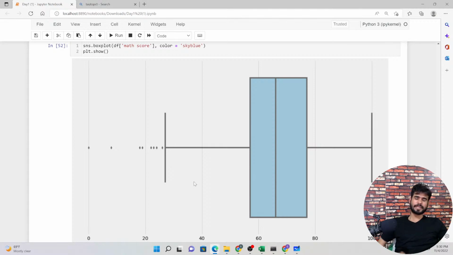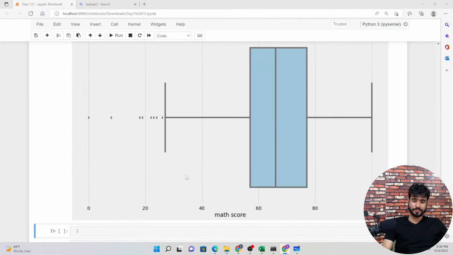As you can see, can anyone tell me the analysis of these outliers? I just want to understand the analysis of these outliers, nothing else. Here, as you can see, people are getting from 35 to 100 marks.